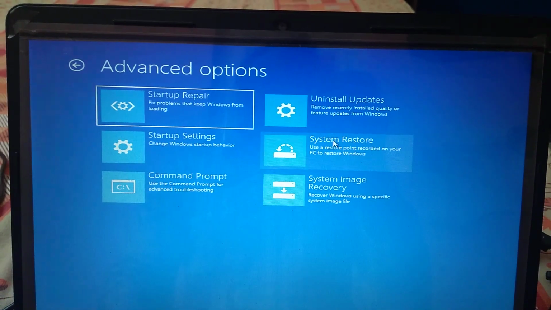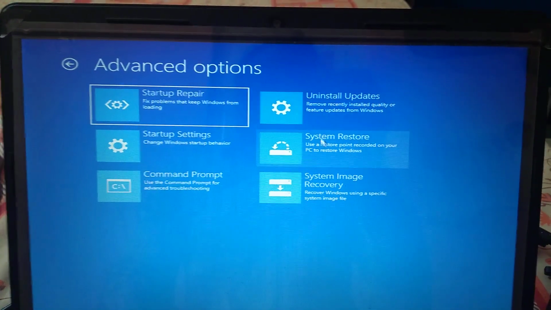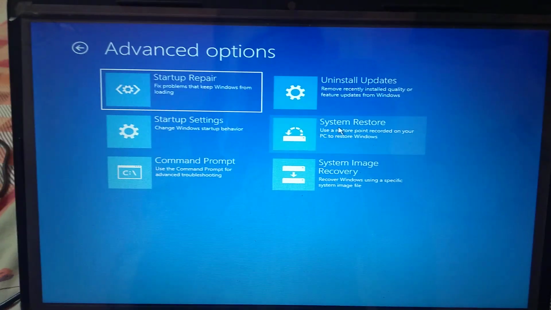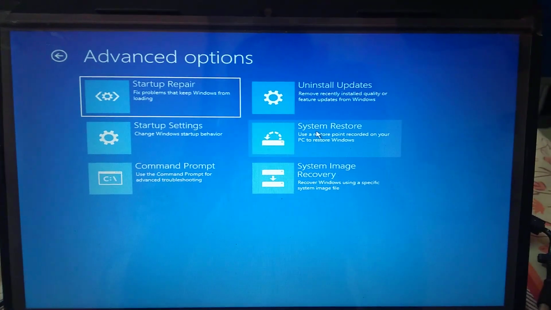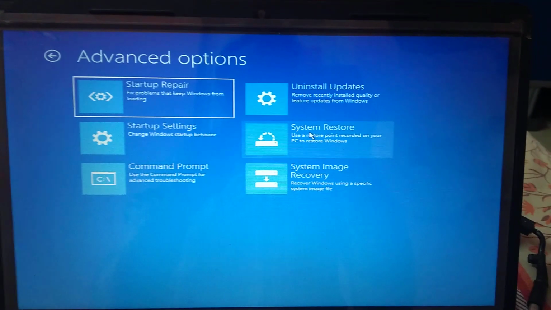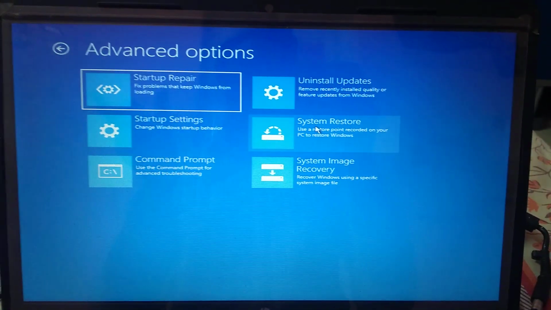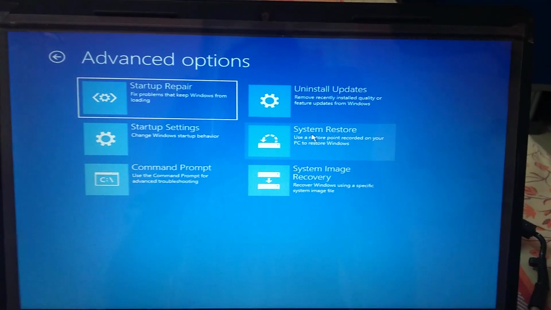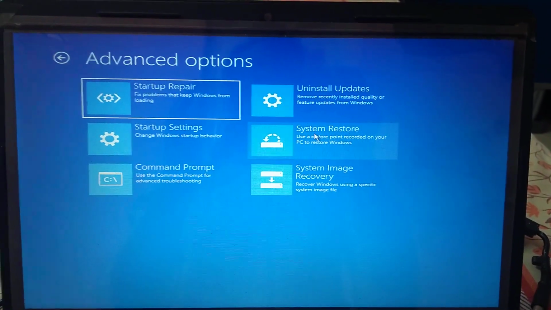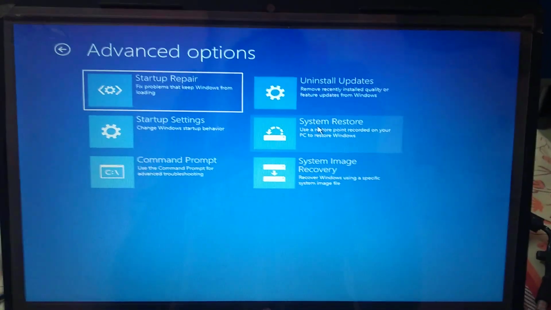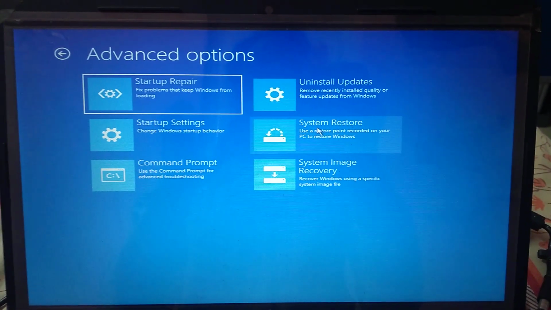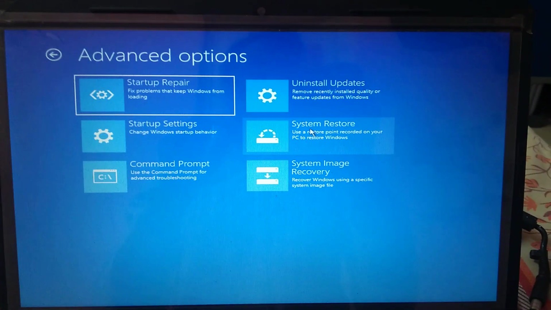And the third option is system restore. System restore means, if you have some safe restore points in your system, it will help you to restore your laptop to that safe version. Suppose you have a restore point that is very safe, when your system was in a very healthy condition, and now due to this bug you are facing this issue.